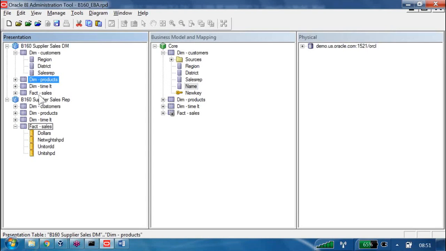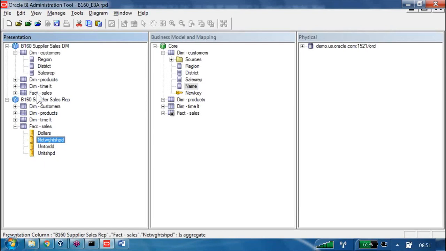So let us say I want to move this network shape to the last position. How can I move it? Who is the parent of this column? Presentation table. Presentation table's parent is who? Subject area. If you have to change anything in these columns, you have to go to that parent and change it.